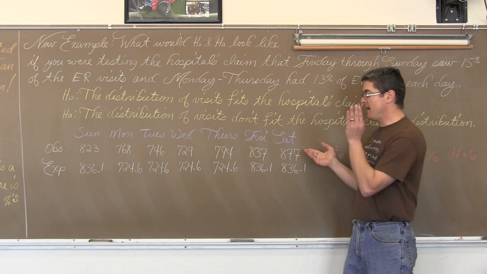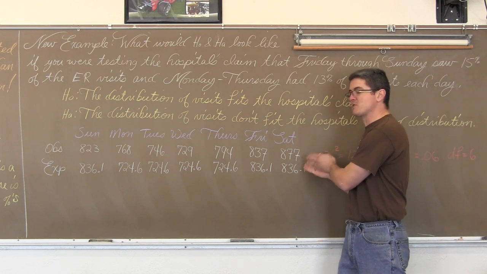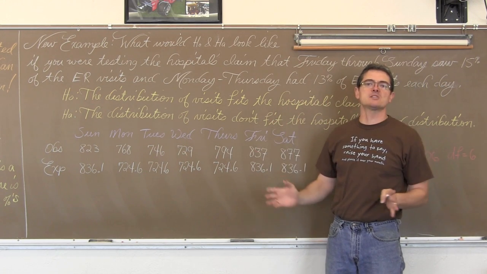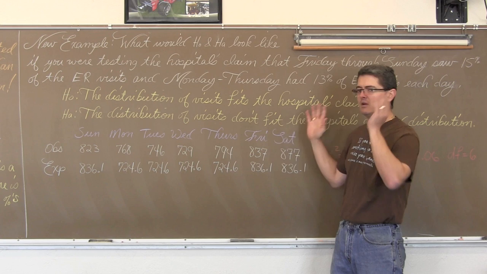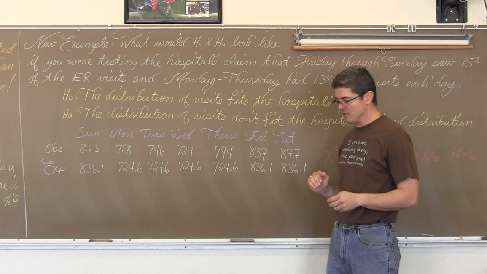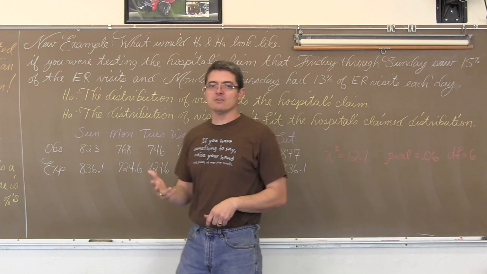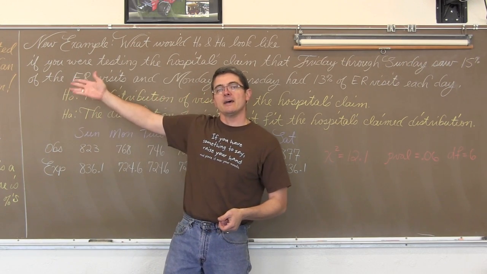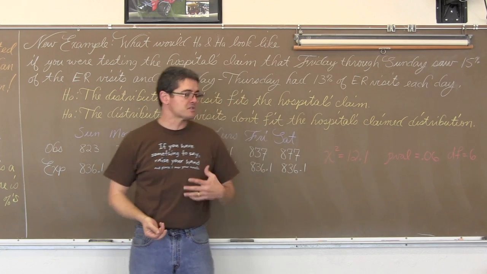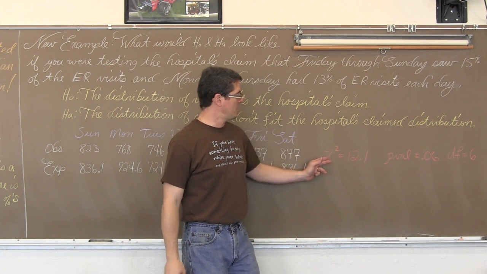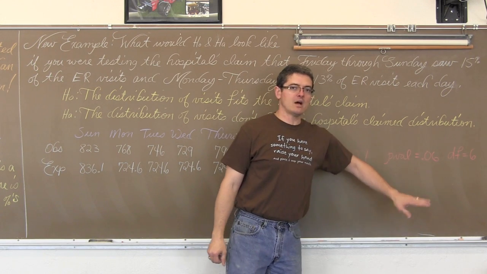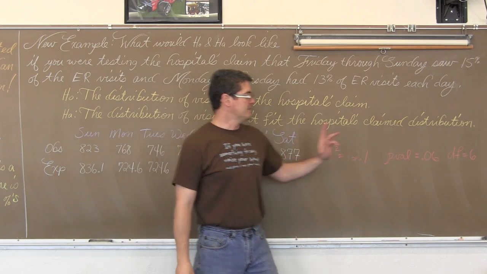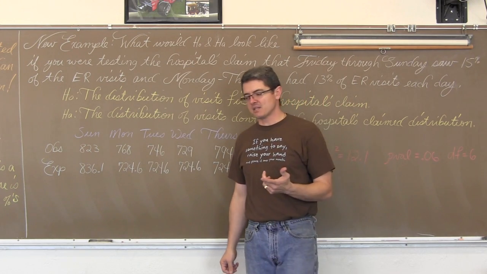Now we have a list of observed values and a list of expected values, and regardless of what kind of calculator you have, a new TI Inspire or an old TI 81, 82, 83, whatever versions are out there, you need at least this much. New calculators, you can put these in there and get your answer immediately. Older calculators, go to your stat edit window and do the calculations like I showed you on the previous screen. You should get a chi-square value of 12.1. Your p-value, calculated exactly from my calculator, comes out to be a tail area of 6% with a degree of freedom of 6.